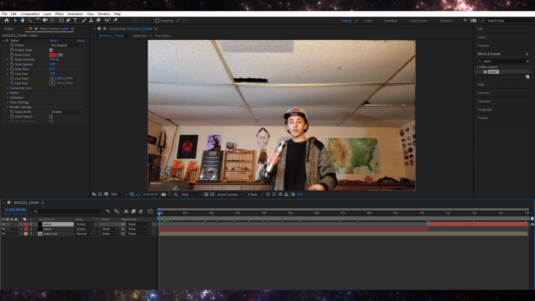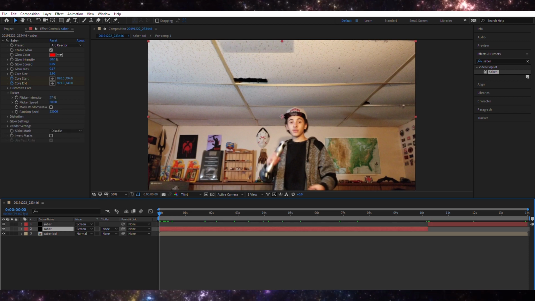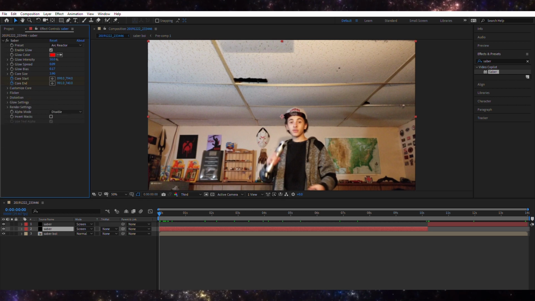On my Saber effect, I chose arc reactor, and I have these settings right here: 50% glow intensity, a glow speed of 0.09%, 0.17 glow bias, and a 3.9 core size. I also have flicker and a bunch of other things going on here, but it's kind of a lot, so if you want a more in-depth tutorial on Saber, I will link a video down in the description below that's like a 40-minute video tutorial on just Saber and how to use it, but I'm trying to give you guys the basics to make a Kylo Ren-esque looking